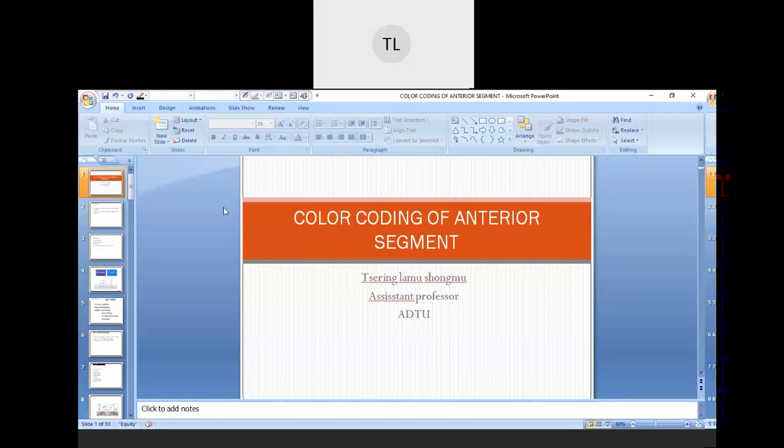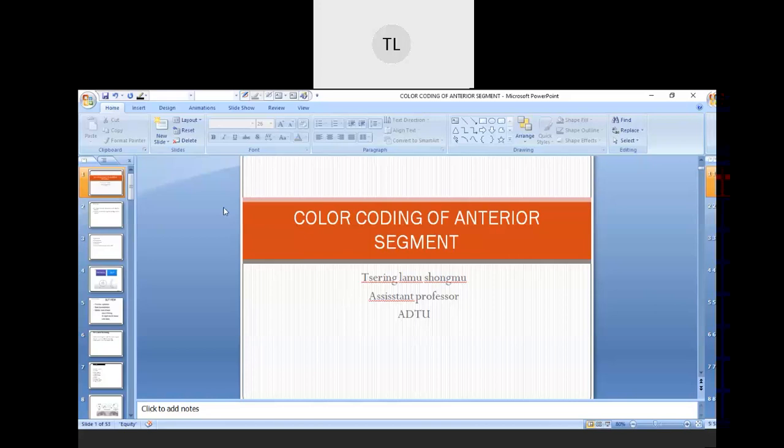So, in the clinical examination, I was thinking of doing the color coding. In this semester you have the color coding for the anterior segment of your eye, that is your disease, because the posterior part we have also done, right? The examination of the fundus and the color for the fundus we have done in the retina part, right? So today we will be discussing the color coding of the anterior segment.